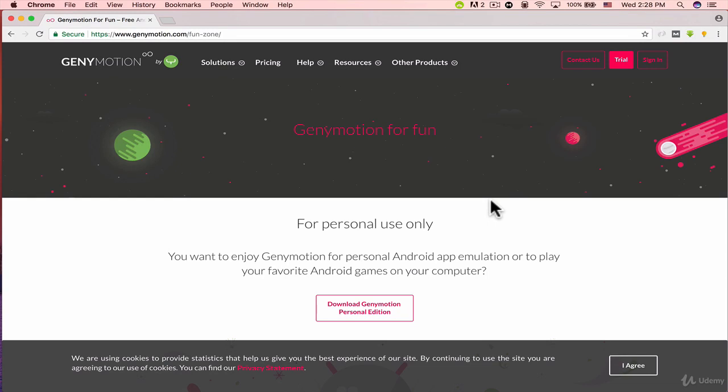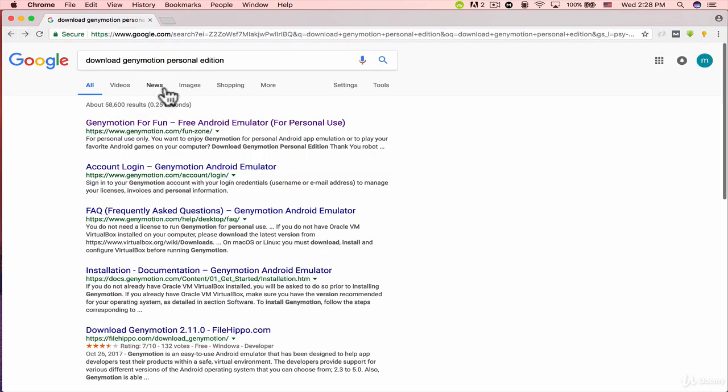So if you do not like the Android emulator or you do not have access to a real Android device in order to test your Android applications, you can use the Genymotion Personal Edition. So let me click on back here. As you can see, I searched for download Genymotion Personal Edition in Google, and here it is the first link that appears,